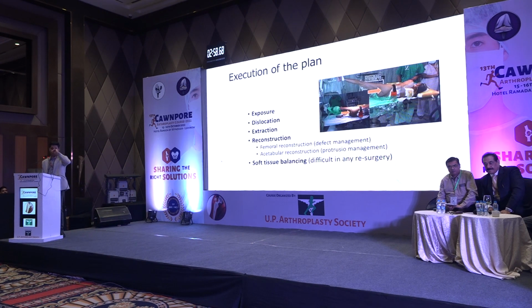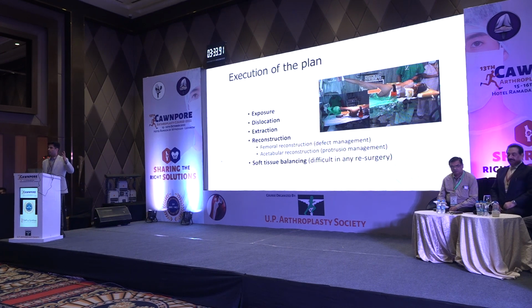So how do you execute it? You have to have decent exposure. So my advice to all surgeons, learn how to do the hip replacement through the posterior approach, through the direct lateral approach, and if you can, also through the anterior approach. So learn all the ways to do it because you may need to do dual approaches, you may need to change your plan intra-op. There are going to be problems in dislocation. There are going to be problems in extraction. Be prepared. You have to reconstruct both the sides and you have to make sure you don't cause defects and you must know how to manage those defects. Protrusio is a big problem with hemi-arthroplasty, especially the older Austin-Moore prostheses, Thompson prostheses, and sometimes with the bipolar. And of course, the key to a good surgery is a good soft tissue balancing.